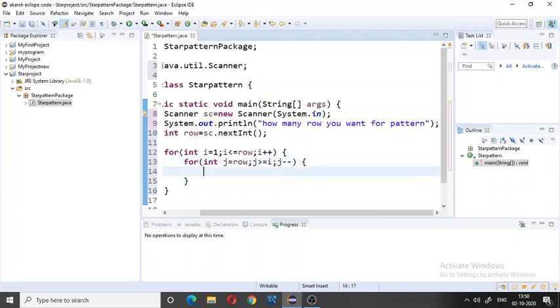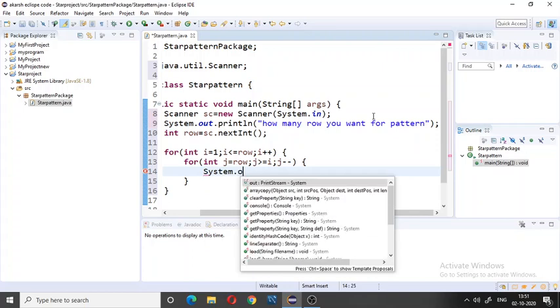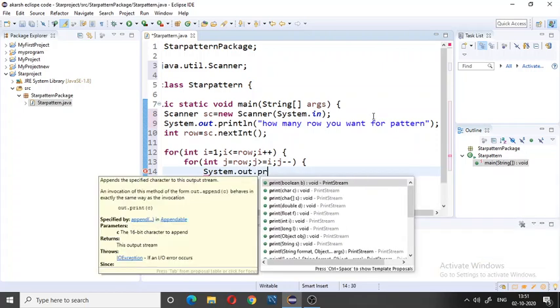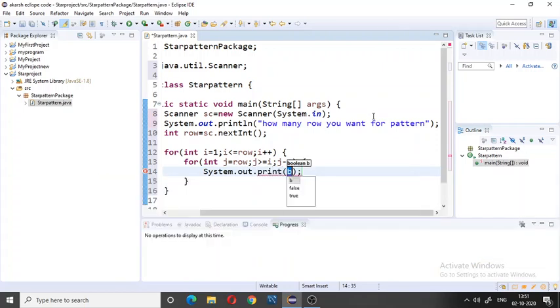In this j loop, inside the for loop, we print the star: System.out.print star. Here you should notice that I use System.out.print for printing the star, not System.out.println.